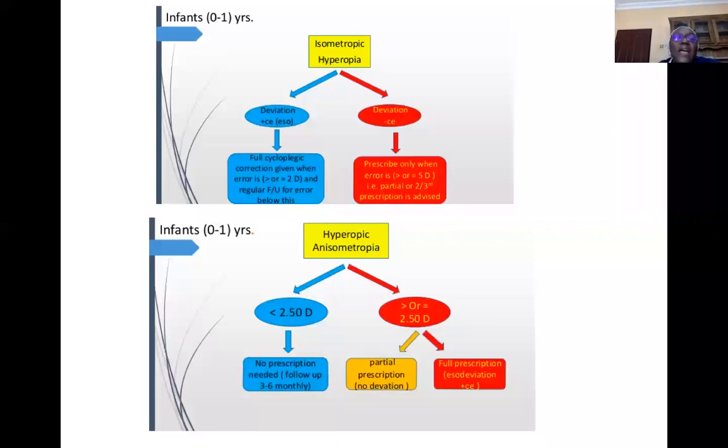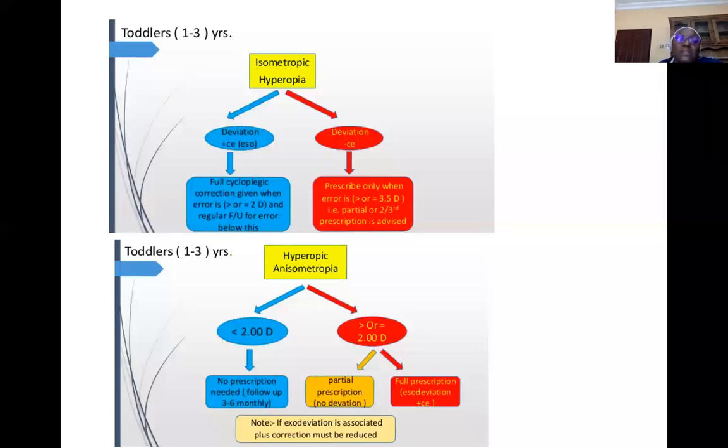Then if the child is between 1 to 3 years with the same conditions, the flow chart is the same thing you follow. And if it is less than 2, you have to follow up. If it is more than or equal to 3.5, give the full prescription, or partial if there's deviation. Then if it is anisometropia, if it is less than 2,